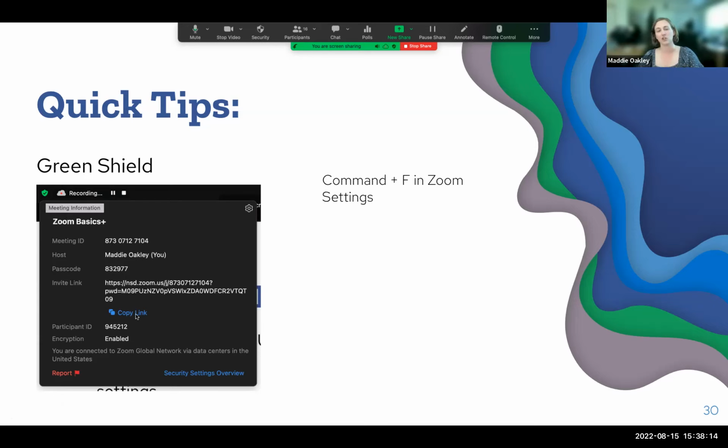I like to share this because this is how I typically, when I need to do a Zoom meeting quickly and share it with someone, I'll go to the Zoom app, click start new meeting, click on the green shield, click copy link for that meeting, and then share that with someone. I'm not having to go to some place where I've saved the link or get the meeting ID. I can just copy it really quickly. So that's one of my quick tips if you're ever having to start a Zoom meeting with someone and you want to find that to share.